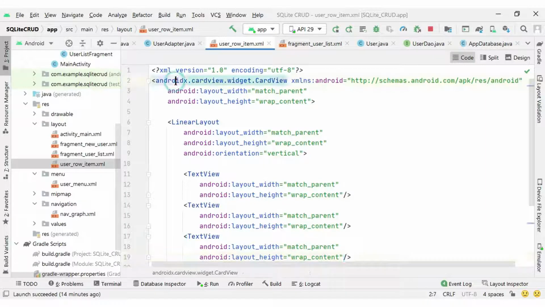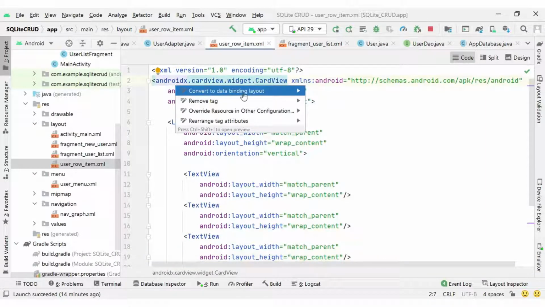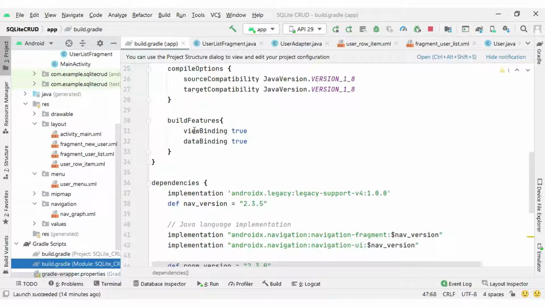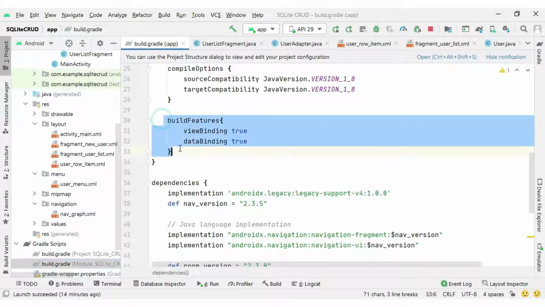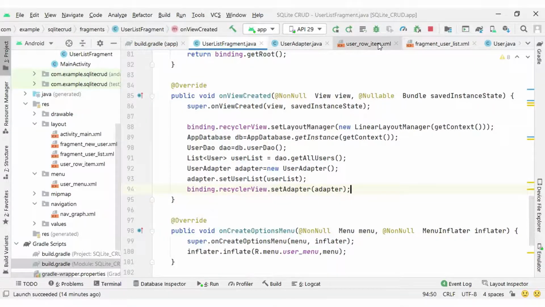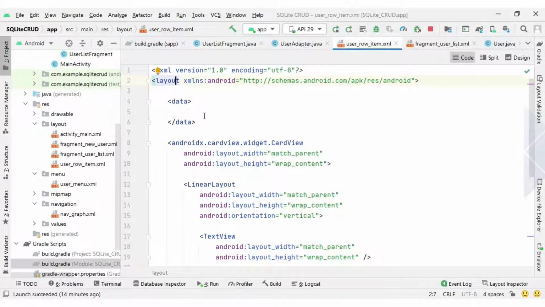So you can just press Alt+Enter here and convert your layout to data binding. Okay, so you need data binding enabled inside your project. We already did that in part 1. You can see here in the build.gradle module app file we need the dataBinding true setting. Okay, so once data binding is enabled, you can have this kind of binding layout, and inside the data we